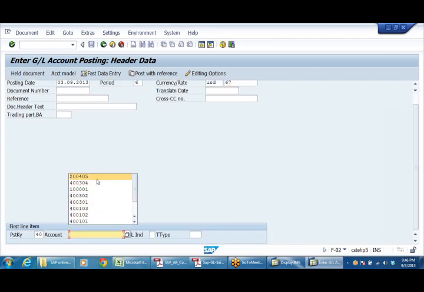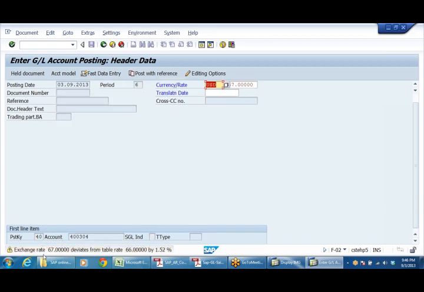Let me check. System exchange rate 67 deviates from the table rate of 66 by 1.52%. So the system will give you the percentage.